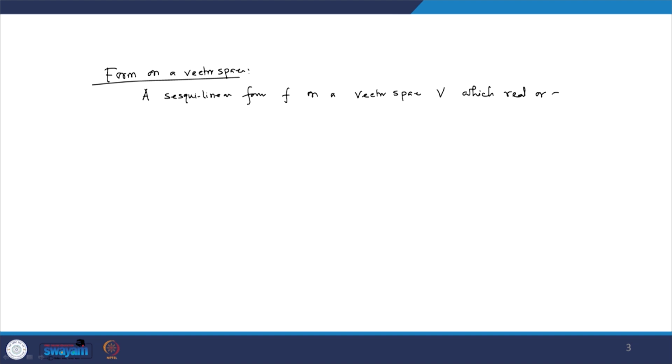So, what is a form on a vector space? Actually, this form I will call the Sesquilinear form. So, what is a Sesquilinear form on a vector space? A Sesquilinear form f on a vector space V, which is real or complex. I mean, this vector space is a real vector space or complex vector space. It is a function from V cross V into a scalar field,